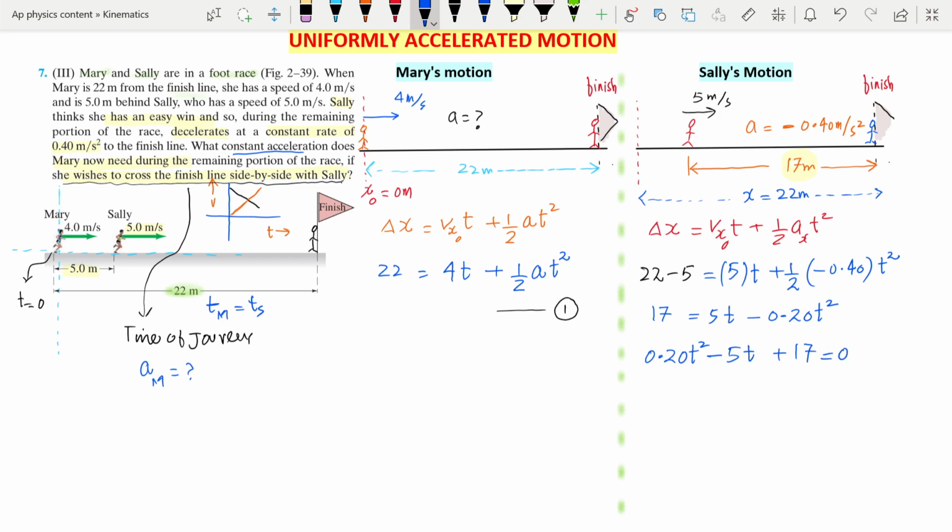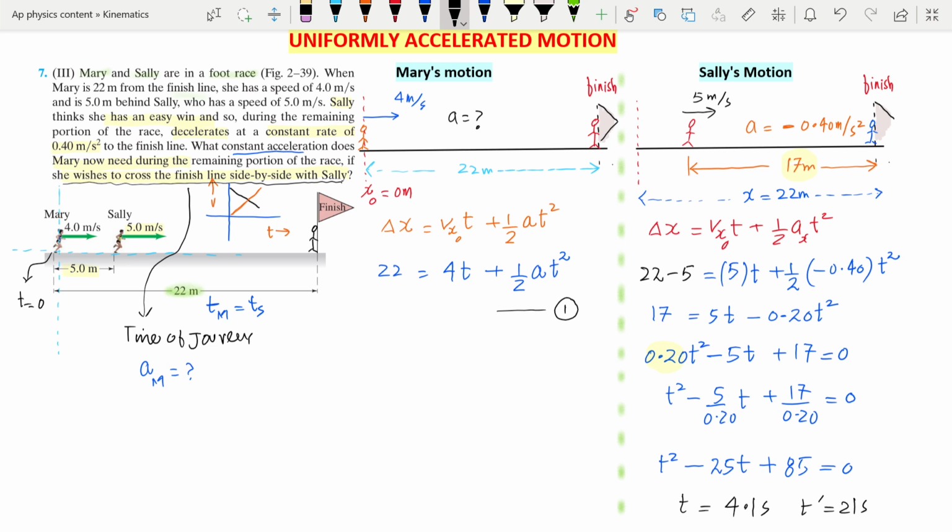Okay, you can also get rid of this 0.20 if you divide both sides. So 0.20 is 1 over 5, and it will become 5 multiplied by 5, that is 25t plus 85. Now you can factorize it if it is possible, or you can also apply the quadratic formula. Anyway, the two possible values of the time are 4.1 seconds and 21 seconds by solving